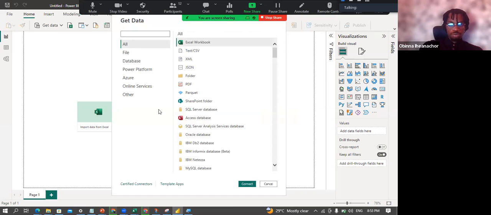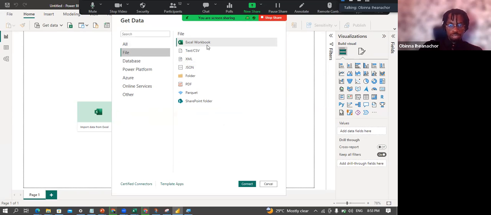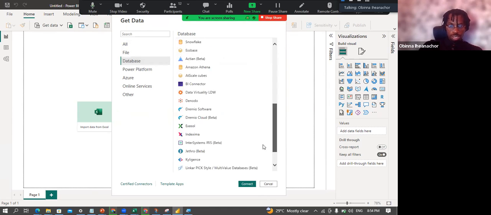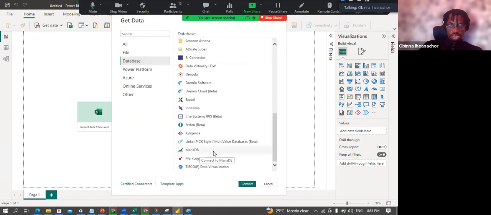Yeah, cool. So get data, right? These are all the sources. I could choose file, for example, and you see the file sources: Excel, text, PDF, etc. You also have databases, right? This shows you SQL, etc. And when I scroll down, you see several others, like MariaDB,